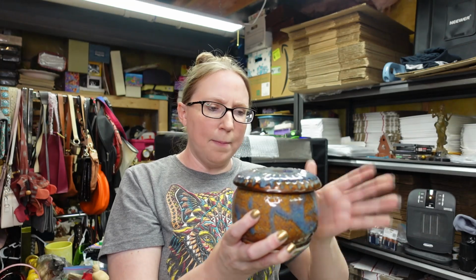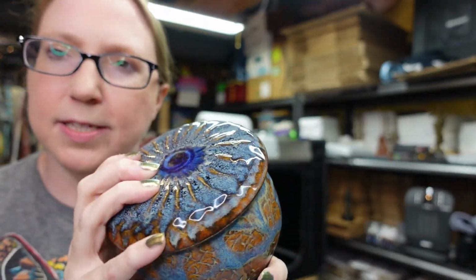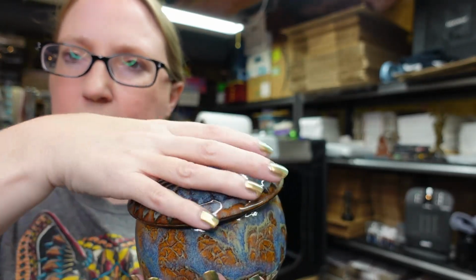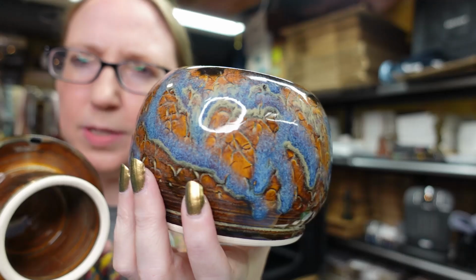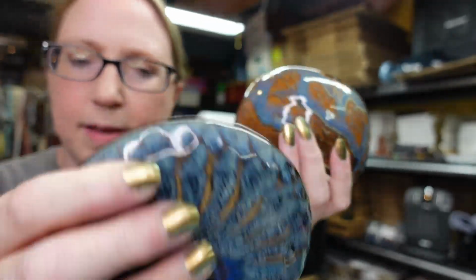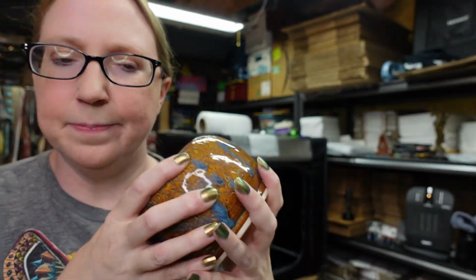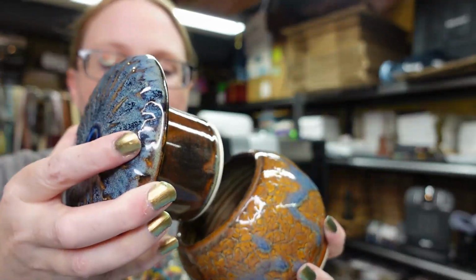This piece came from an auction. This is a really nice pottery. They call these a French butter bell. So this is a butter dish, essentially. Looks like this. Absolutely gorgeous. The lid looks like this. And then this one is signed as well, but I'm not sure who it is. It just says OFH on the bottom. So I'm not entirely sure, but I listed this as a buy it now for